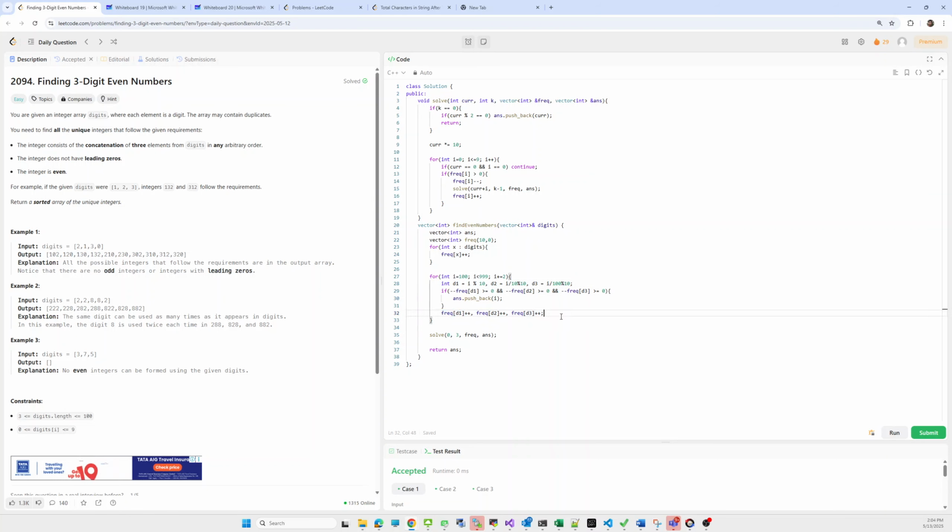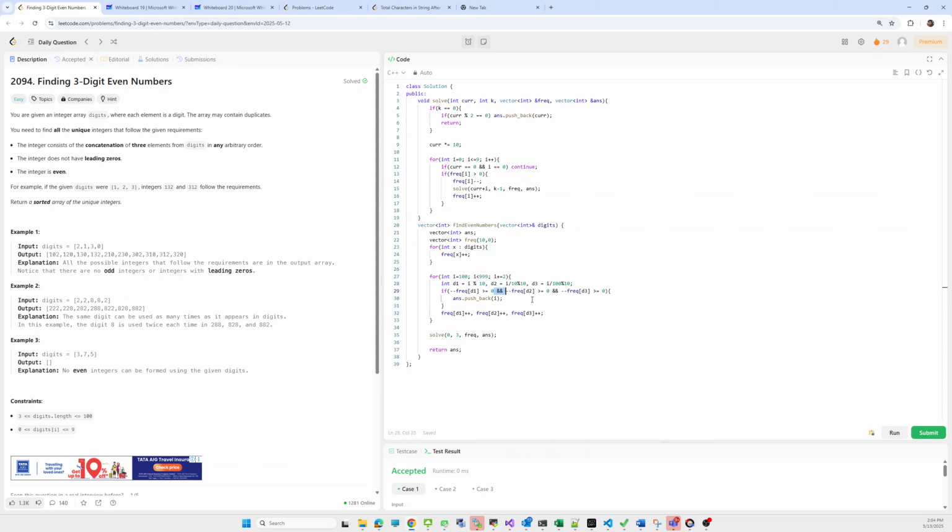Here we have to consider one more thing. While doing this, I made one mistake. Here I am using the pre-decrement, so it decrements the frequency of d1, then d2, then d3.